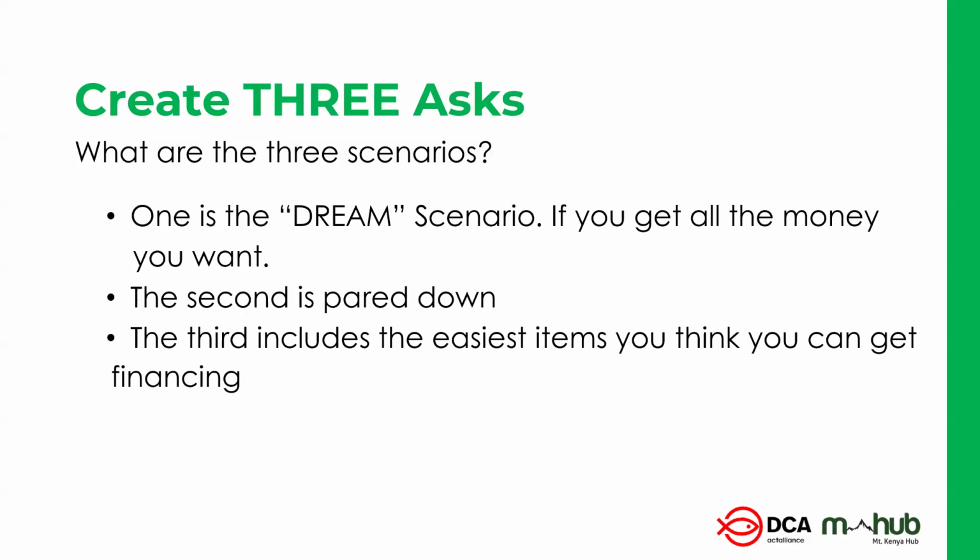Number one is the dream scenario. So here we look at, if you get all the money you want, what is it that you are able to do? The second is the pared down. So here we are looking at more of medium. What is it that you can accommodate from the dream? For example, let me take,